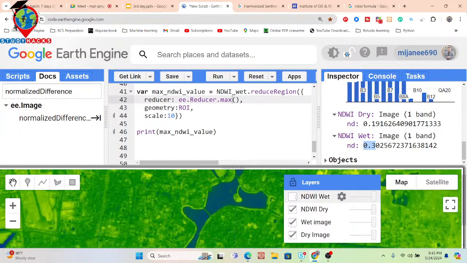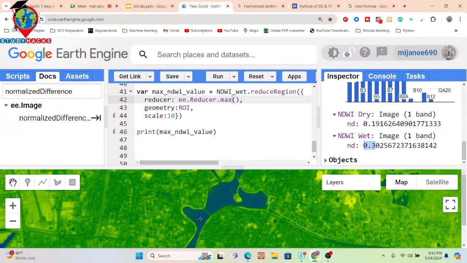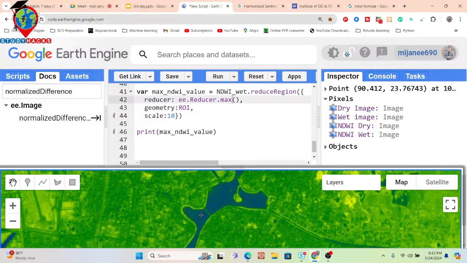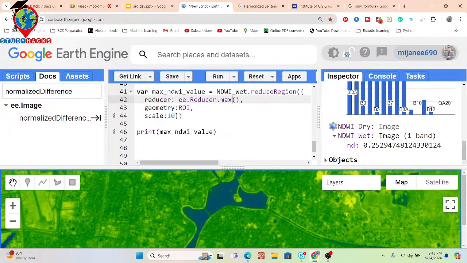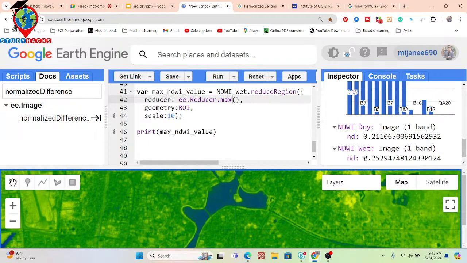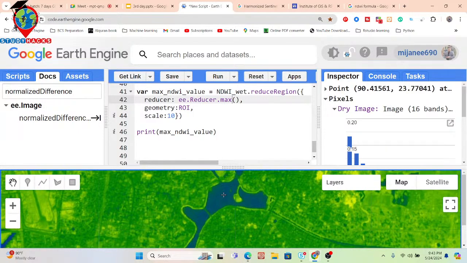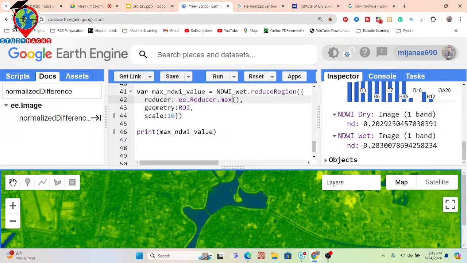Also, you can simply click on here. Suppose I open only the dry season map. You can see we can get some water pixels in here. So click on here. We can get 0.2. Okay, you can see 0.2. Suppose I also click this water body. So we set the condition 0.2, all pixels greater than 0.2 from rainy season water. You can simply check the result, you can see 0.2. Okay, so for that I set the condition.